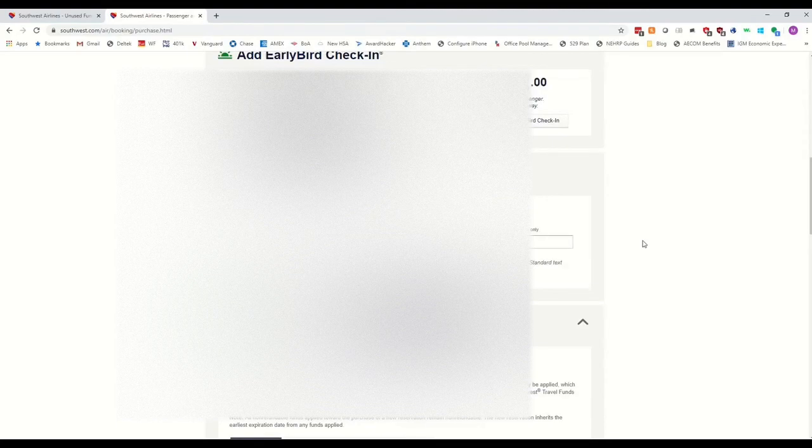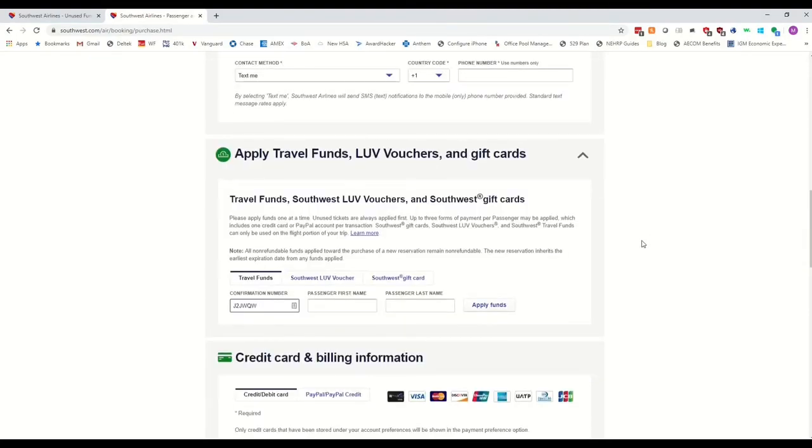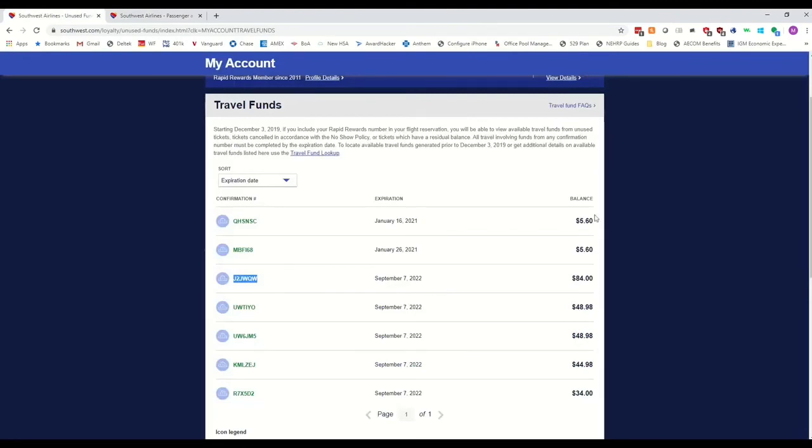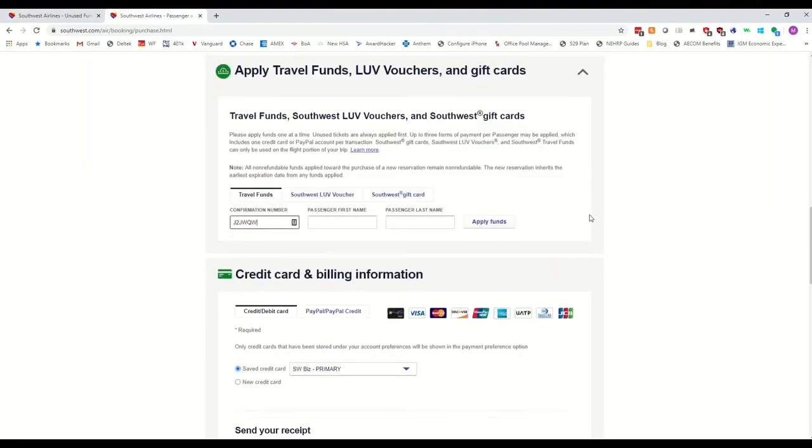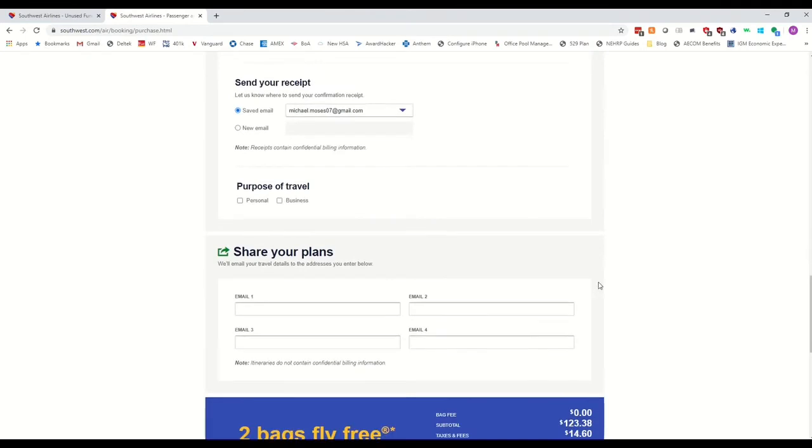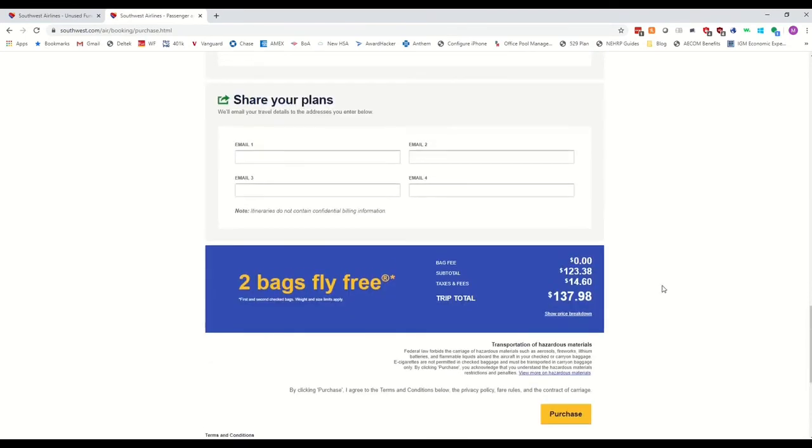So in order to make up the missing $5, I can either use another travel fund, which is in that same area, and combine that one, or I could just pay by credit card. Southwest limits you to 3 payment methods per leg of flight. So normally what I'll do is I'll just put in 2 travel funds and then purchase the rest with a credit card. So then you go ahead and down to the bottom, hit purchase, and then you have the flight